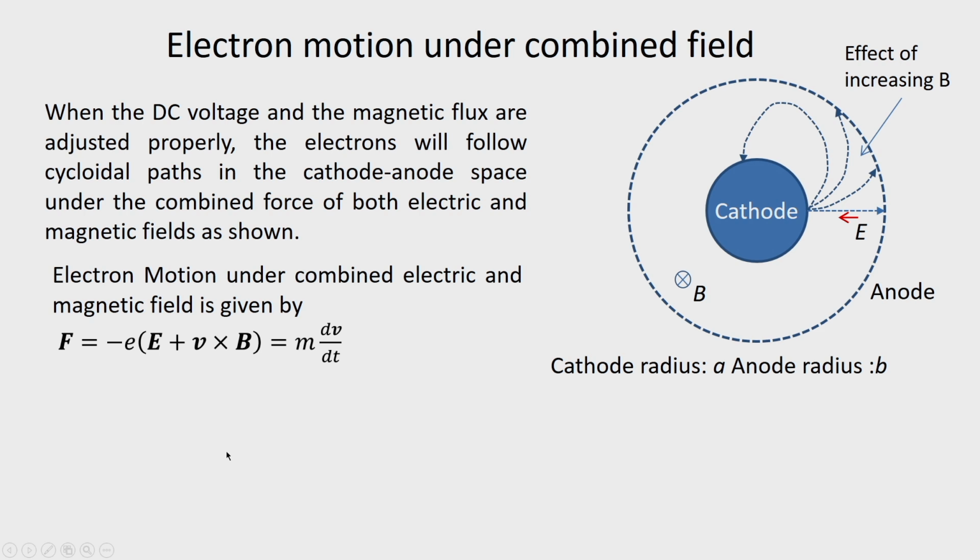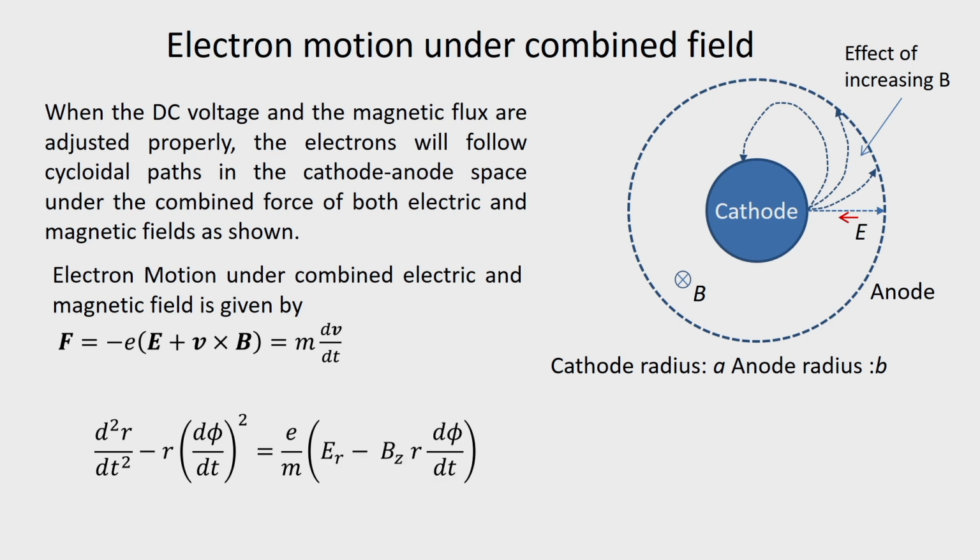So, from our previous discussion, we can write d squared r by dt squared minus r (d phi/dt) squared. This now becomes e by m E here. Please note that our E is from anode to cathode, so this minus sign is not there as we saw in the earlier case, minus B_z r d phi/dt,